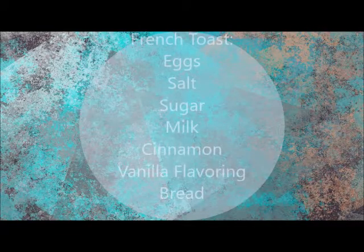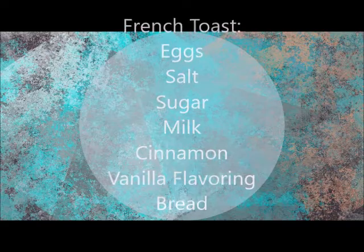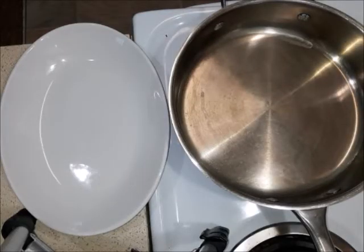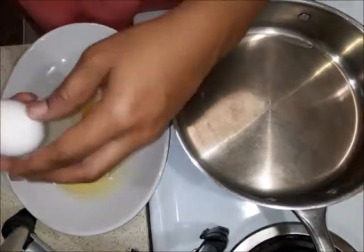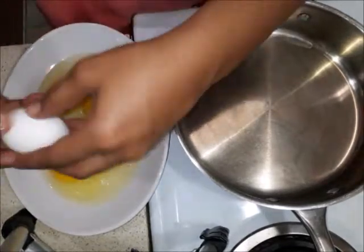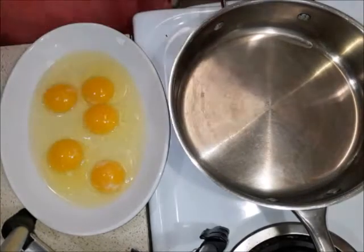Now for the French toast, all you need is eggs, salt, sugar, milk, cinnamon, vanilla flavoring, and bread. Let's get started on that. So you start with a plate or a dish to put your mixture in. I start with eggs. I cracked 5 eggs into my dish. I added a pinch of salt,